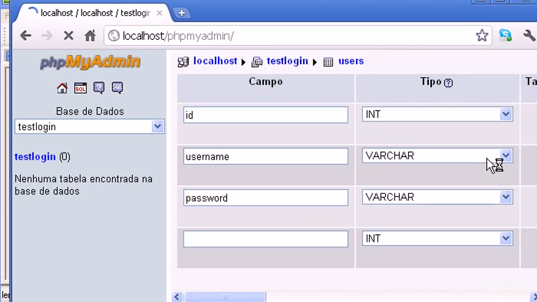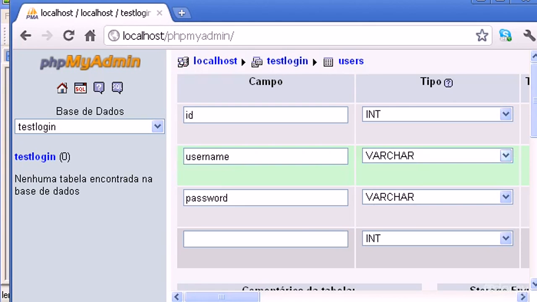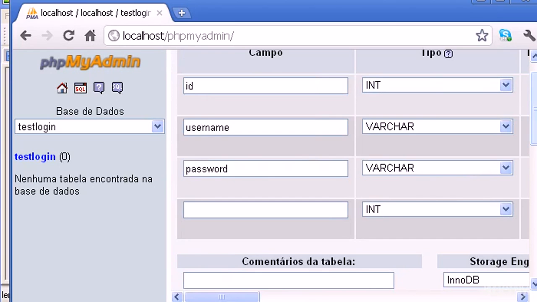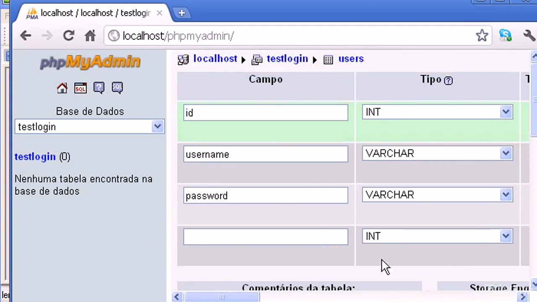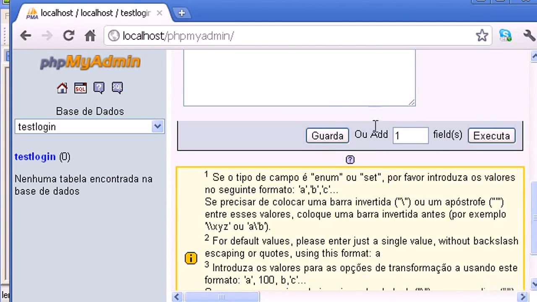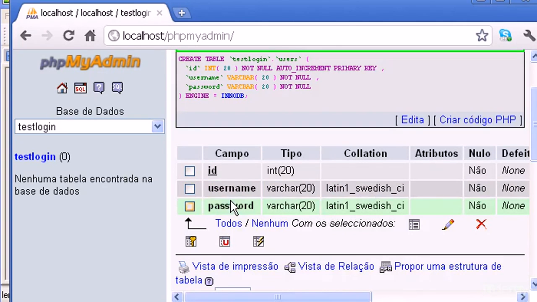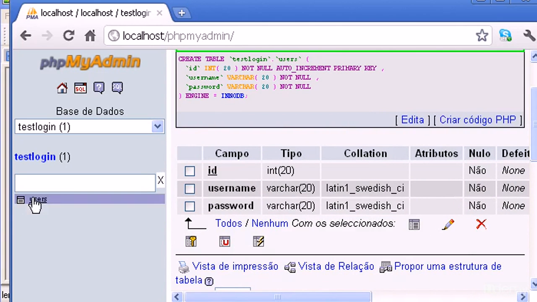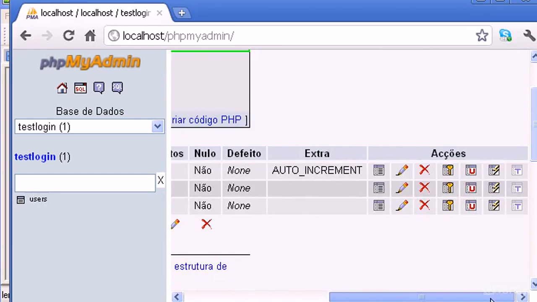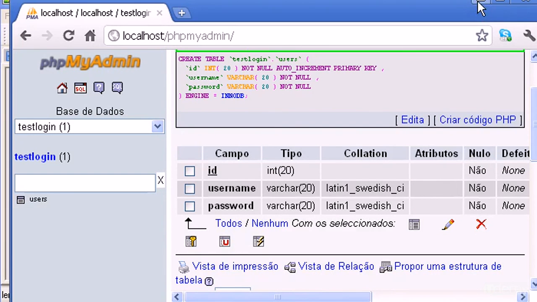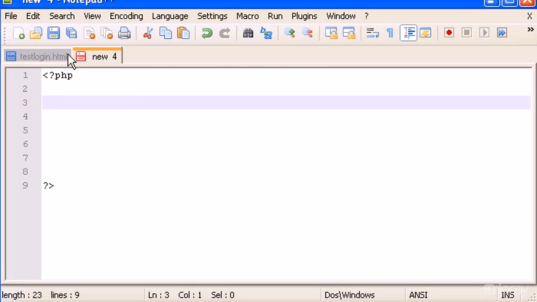Click go. Oops, I'm sorry. Where is it? Save. Click save. There it is. Okay. Now we have ID, name, and password. Okay. 3 fields in our table users. Perfect. Okay. Now we can go back to our PHP file,